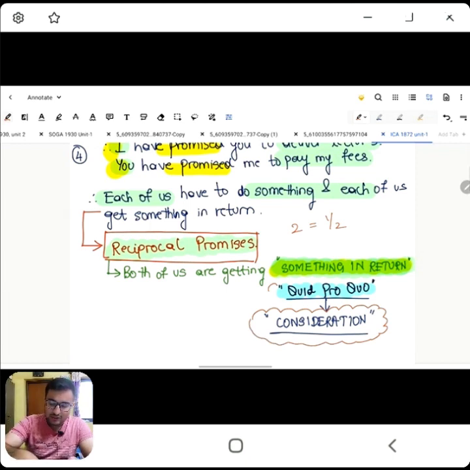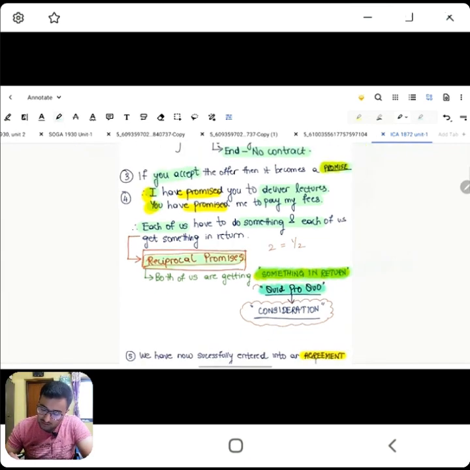What is consideration? To tell you in the simplest of languages, me giving law lectures to you, you paying my fees. Consideration for me is, for supplying law lectures, I'm getting fees in consideration. For giving me money, you are getting law lectures in consideration. So consideration is nothing but these reciprocal promises which both the parties have made to each other. Clear? Okay. Now, consideration also has another very famous term known as quid pro quo. Okay, I really expect you all to know all of this and gone through the module once before sitting for